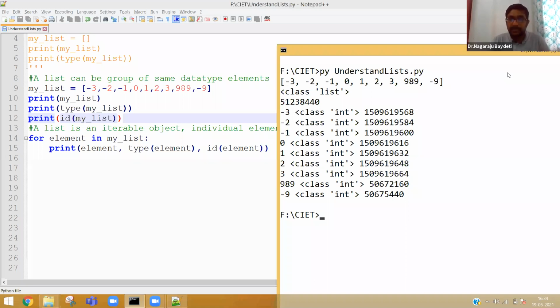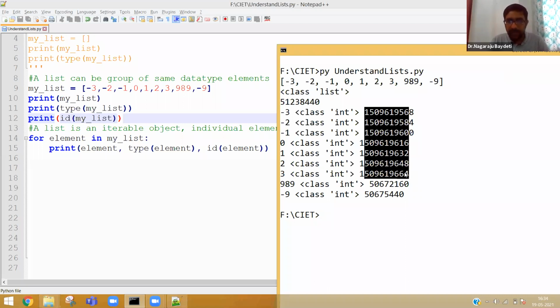Now clearly you can see that these are the consecutive locations, but 989 and -9, what exactly happens here is to have a list with the values.